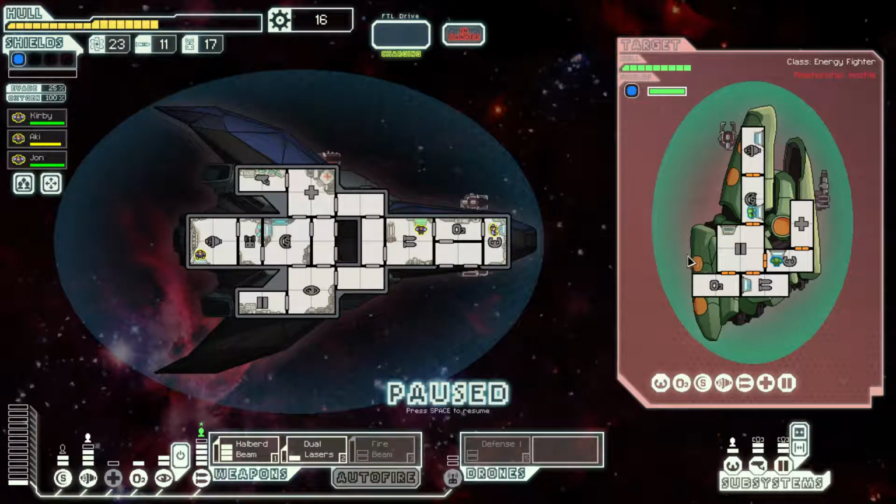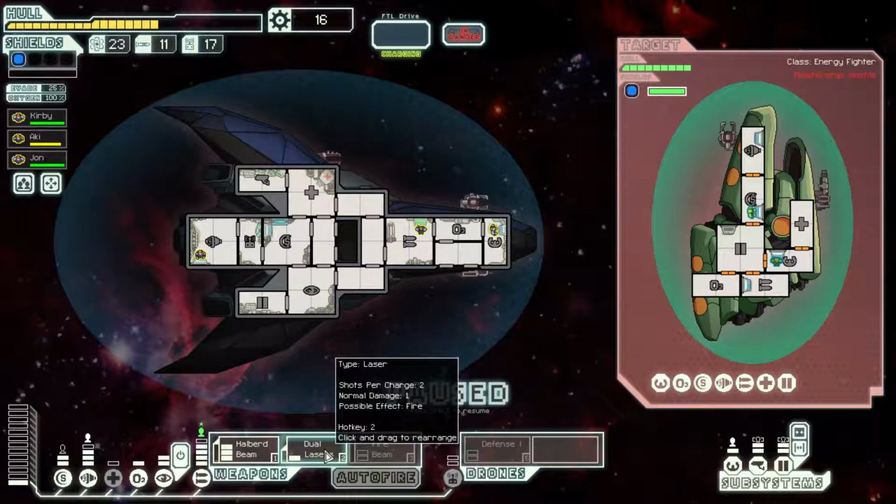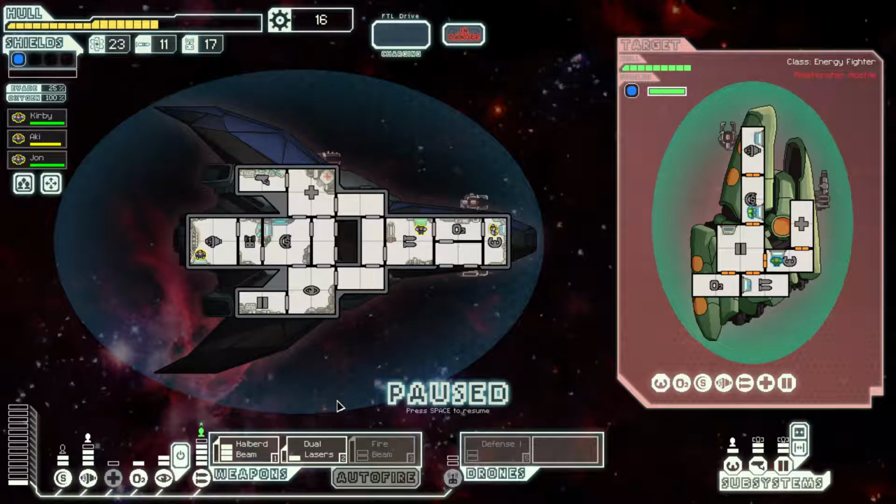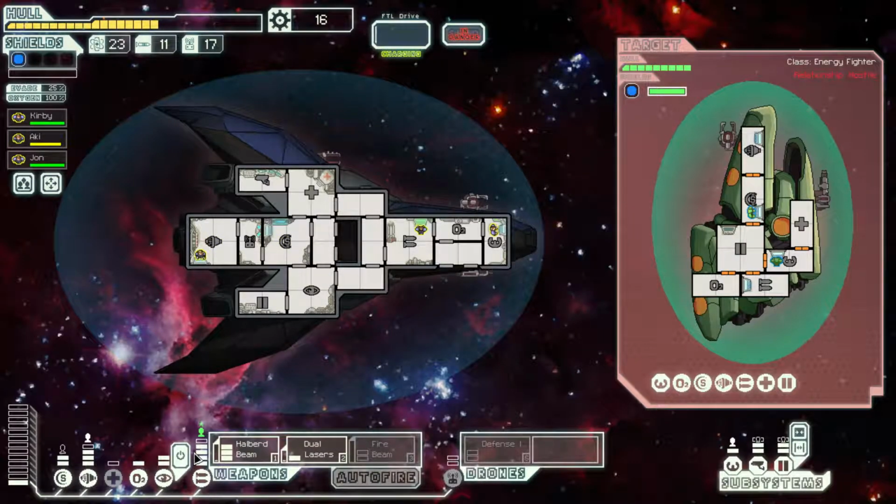Alright, so Halberd Beam. Immediately dangerous and bad. Like, very much so. So I'm thinking here, we're gonna have some trouble, is what I'm thinking here. That Halberd Beam is gonna be able to hit us no matter what. We only have one shield. So I'm thinking...